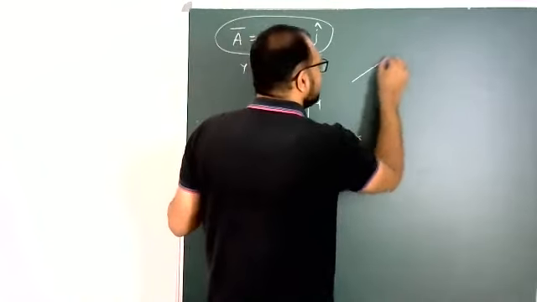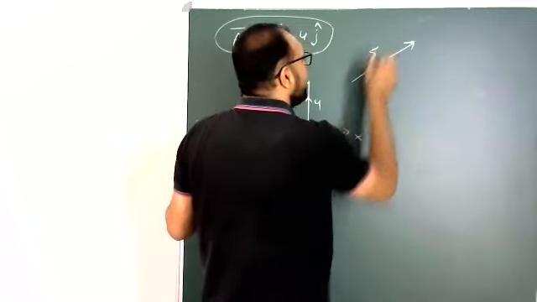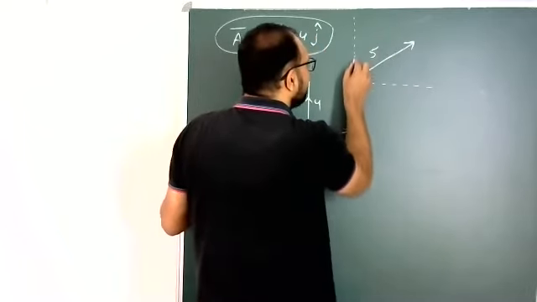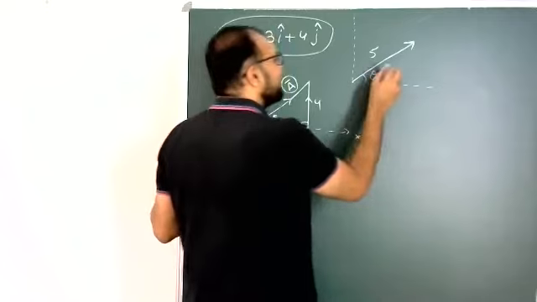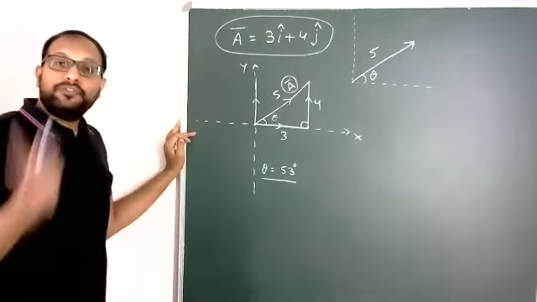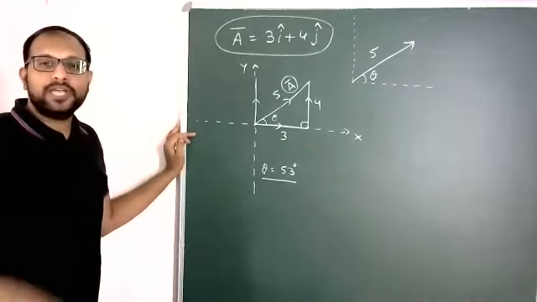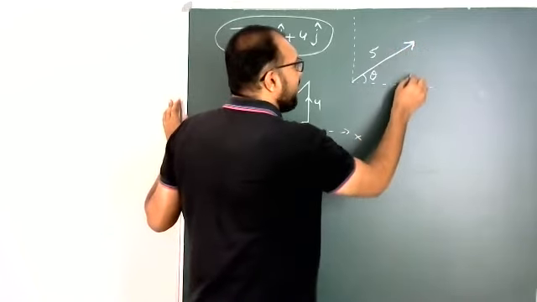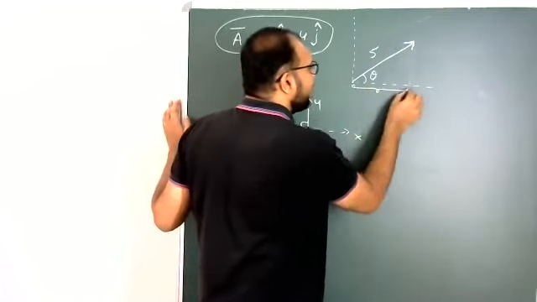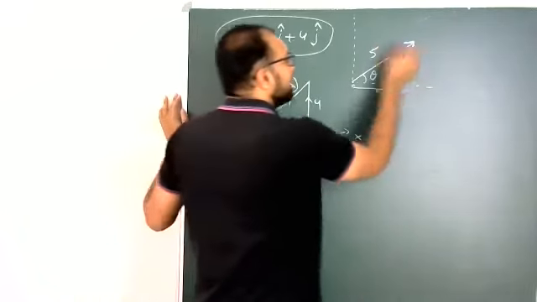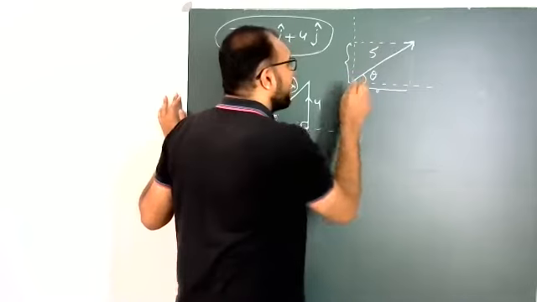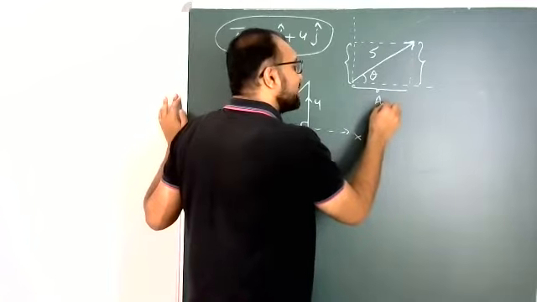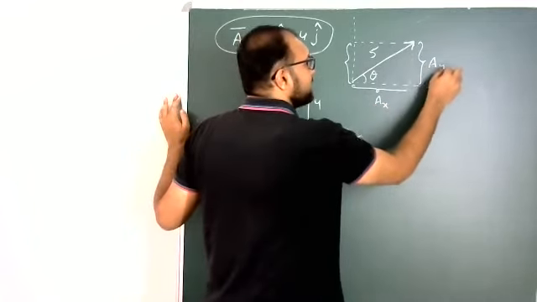Yes, so students, now this is the given vector. This is 5 units. This is the x-axis and this is the y-axis. This angle is theta. So from the vector magnitude to components, how to find out? That is resolution of vectors. Now projection on x-axis. This is the projection on x-axis. This is the projection on y-axis. Means indirectly this is the projection on y-axis. The x-axis component is represented with Ax, and the y-axis component with Ay.